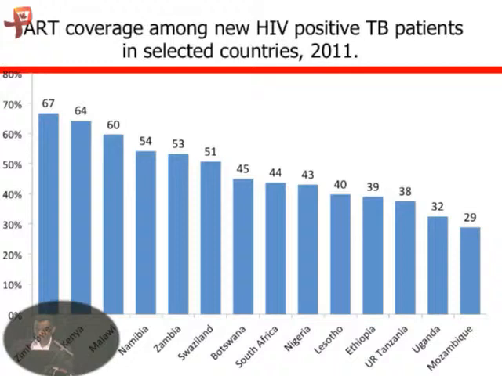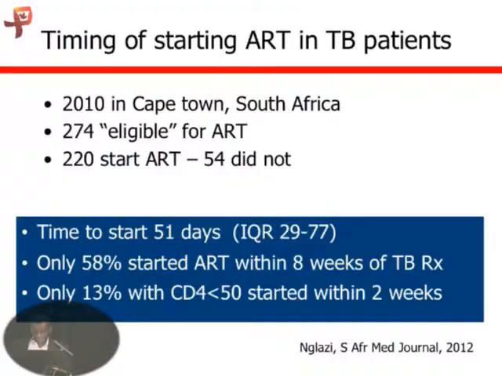This is just to show you the ART coverage, how it varies between countries, particularly in Africa, and it ranges between 67%, actually the highest in Zimbabwe, to 29% in Mozambique. And when we really look into the timing of starting ART, this is a paper that was published